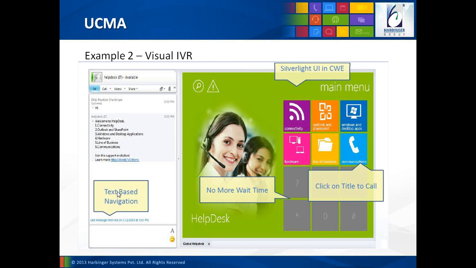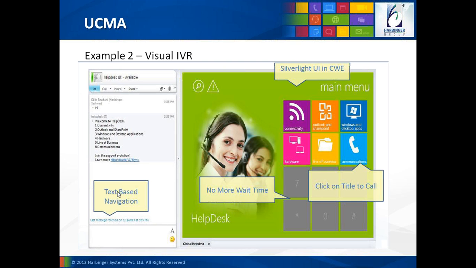Now I'll talk about the left pane first. I also mentioned interactive bots in one of my slides, and this is nothing but an interactive bot. The help desk application appears in the contact list. My friend has initiated an IM conversation with the help desk bot, and he has said hi. And the bot responded saying, welcome to help desk, and this is the first level menu. And you can choose any one of these options.